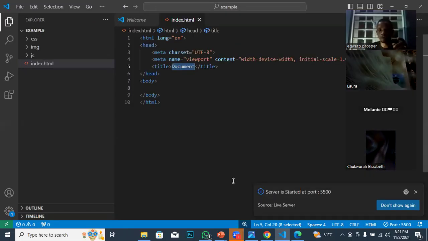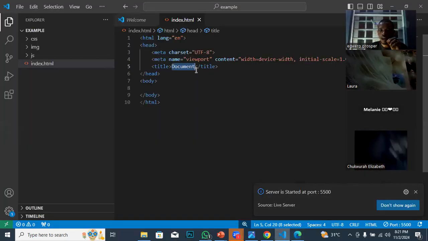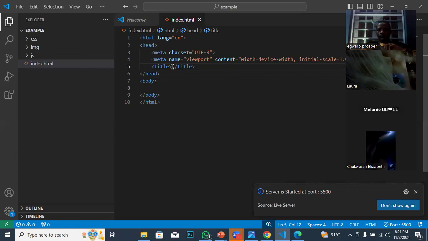So now if I don't want the user, whenever they get to my web page, to be seeing this document, I want them to see more descriptive information that will help them to know whether they are in your website or not. For example, I want them to see welcome to Digital Z instead of seeing document. So I will simply go back to this document and delete what I have within the tag. So everything you have inside the angle bracket,